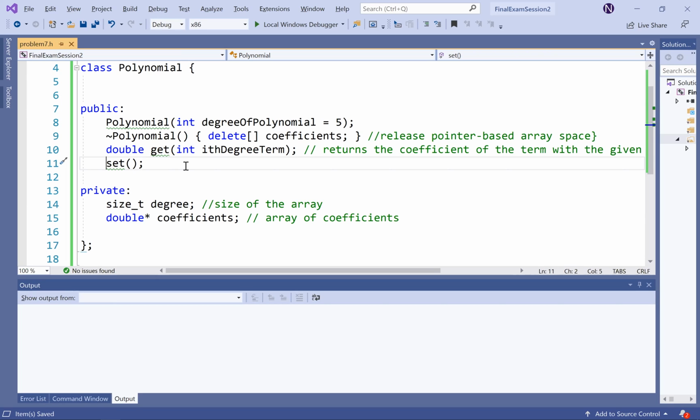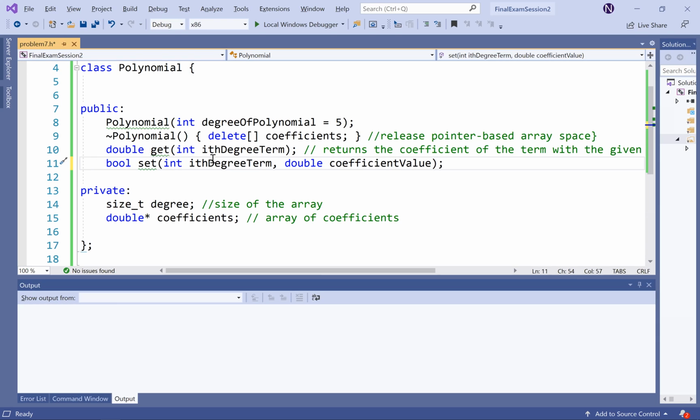So let's do it. Boolean, I need to return Boolean. This is another thing. I will return true if everything is okay, and I will return false if the operation is not possible to perform. Like, for example, I have a degree 5 polynomial, and they are trying to change the coefficient of the term with the degree of 6 or 7. I will return false, right? Obviously. So Boolean, this one, it's a good design decision here. And then int ith degree term, so the position at which to change it, and then double value, right? Coefficient